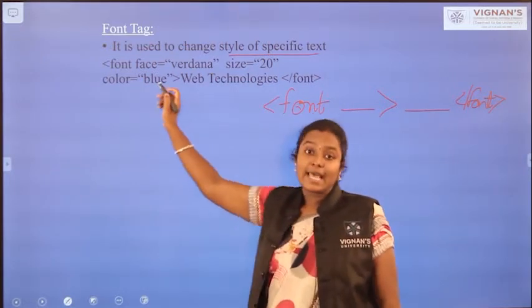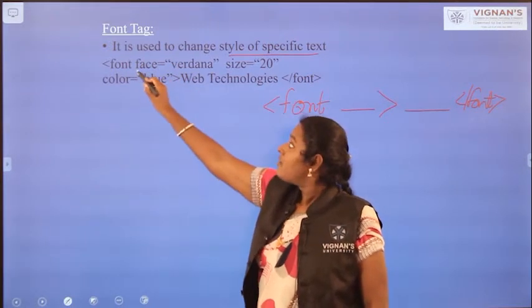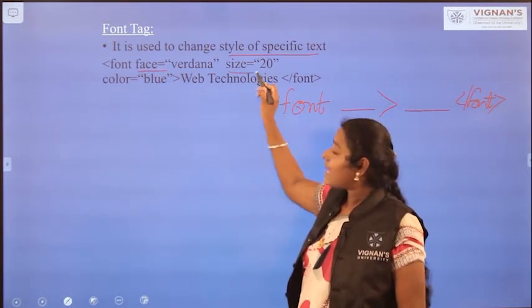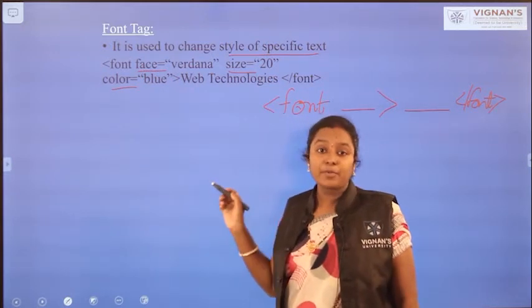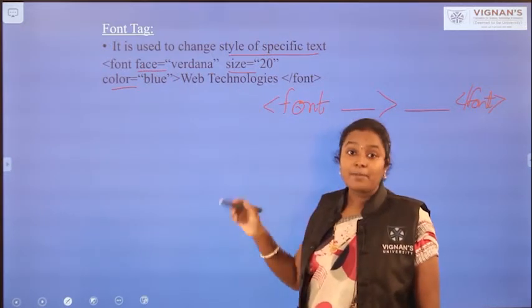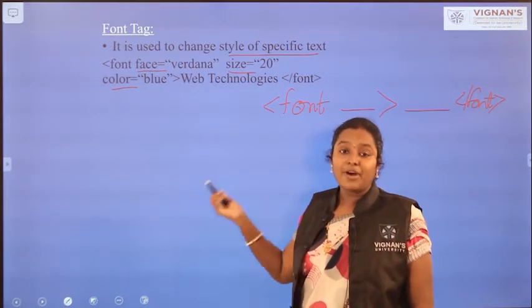So this is the syntax for the font tag. It has three attributes: one is face, next is size, and next is color. So what is meant by the face attribute? It is the type of font, like Times New Roman, that you want to apply